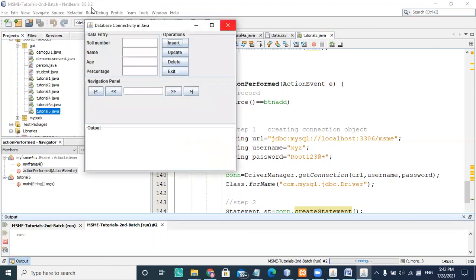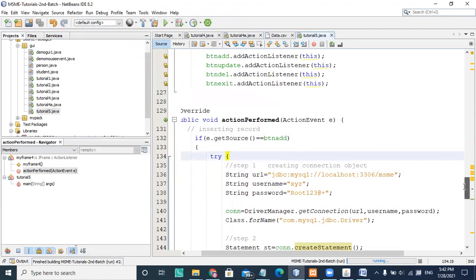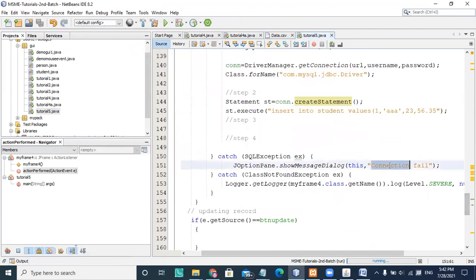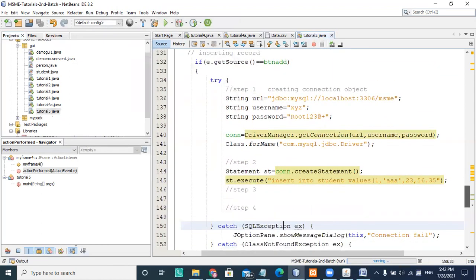Why did the connection fail? It's saying that the connection which you established is not available, or it is not proper here. Let me check why. I'm choosing insert into student. This is my query which I'm executing through a statement.